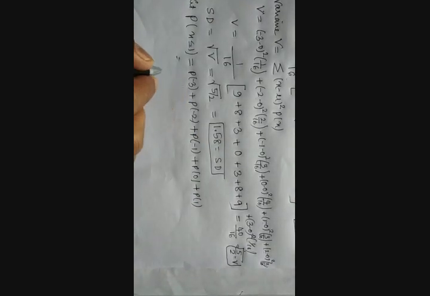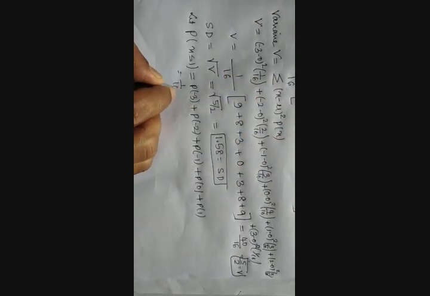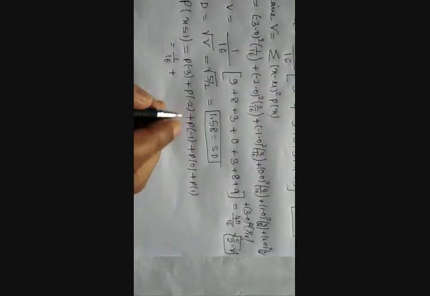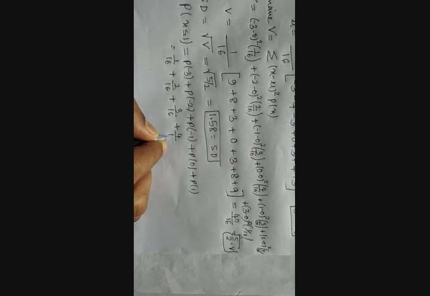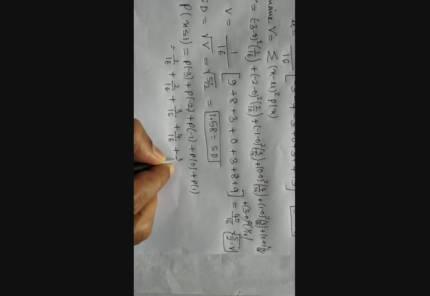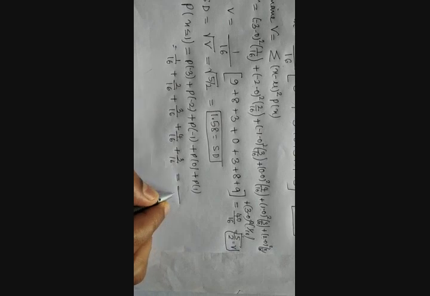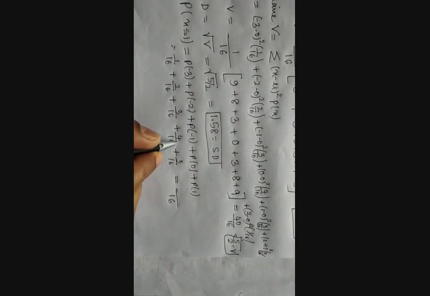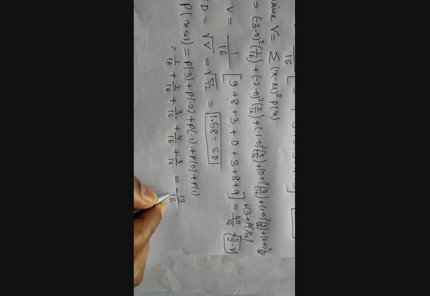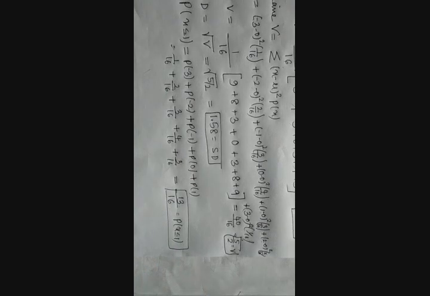So this is equal to, what is probability of minus 3? It is already there, 1 by 16, plus probability of minus 2, 2 by 16, probability of minus 1, 3 by 16, probability of 0, 4 by 16, probability of 1, 3 by 16. So this is equal to, again, 16. Then 1 plus 2, 3 plus 3, 6 plus 4, 10 plus 3, 13. So this is the value of probability of x less than or equal to 1.